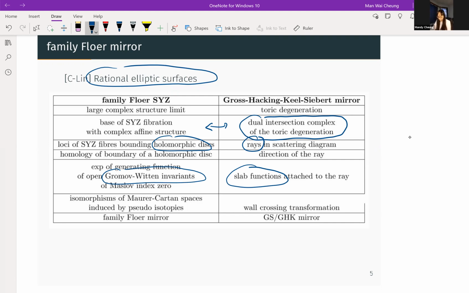And there are details in the September conference that I'm not going to repeat, but here